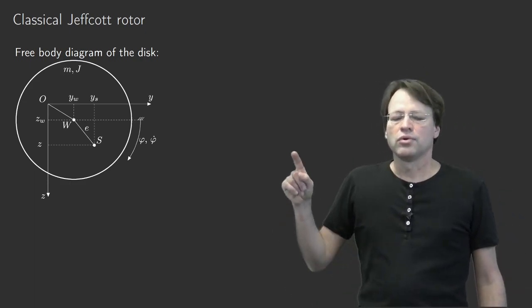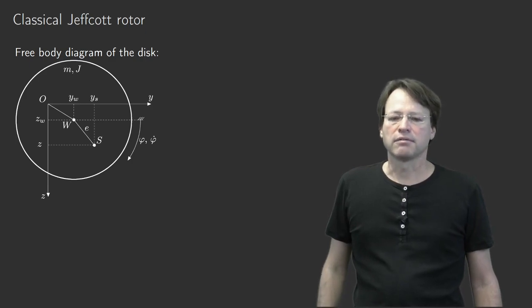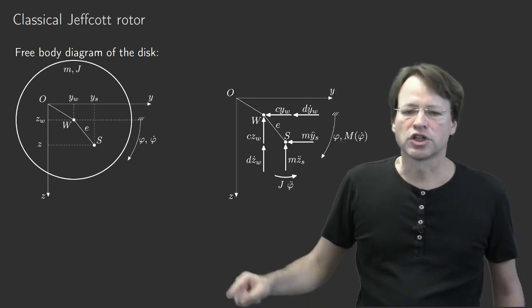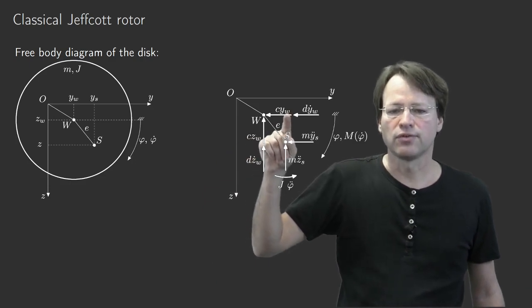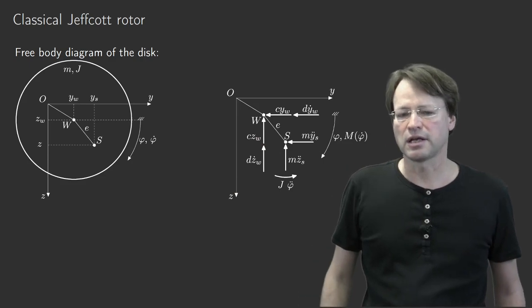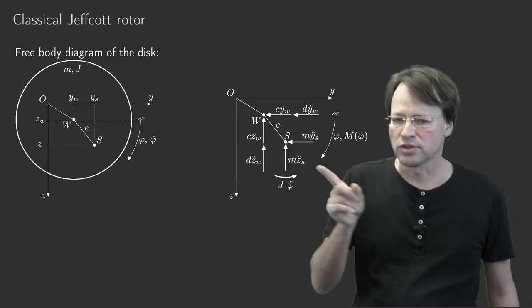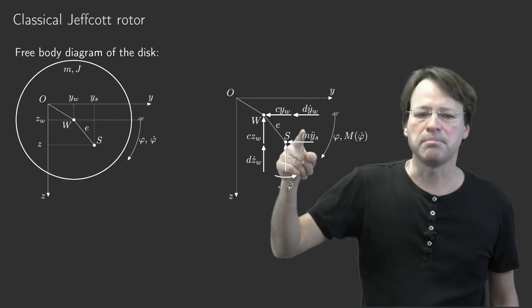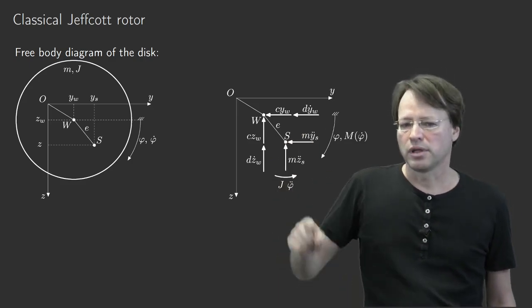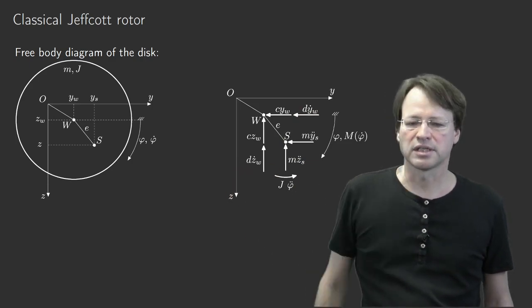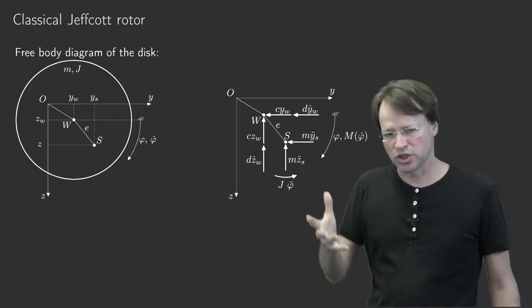Let's come now to the free body diagram here. The free body diagram shows the restoring forces, so the spring forces in lateral and in vertical direction. They point opposite to the axis because they are restoring forces. Same holds for the damping forces with the first order derivative of the coordinates. So all these coordinates are time dependent, will change in time during the